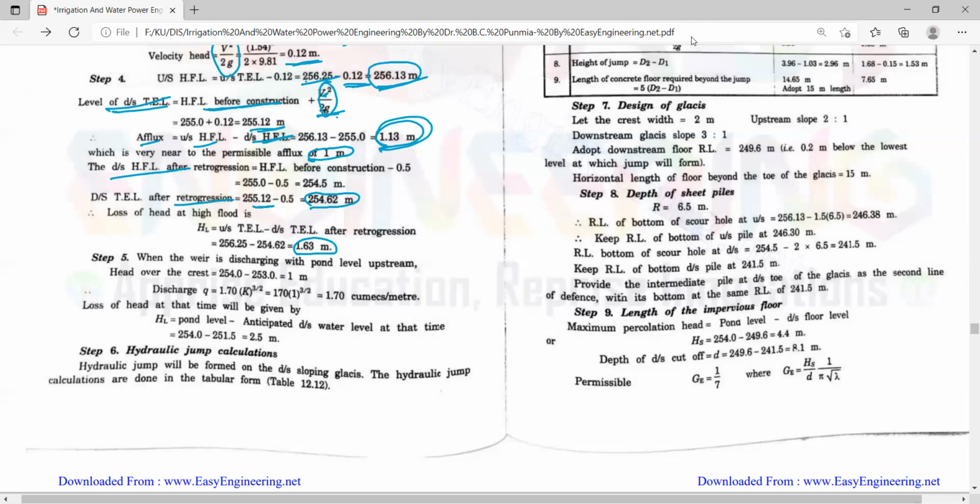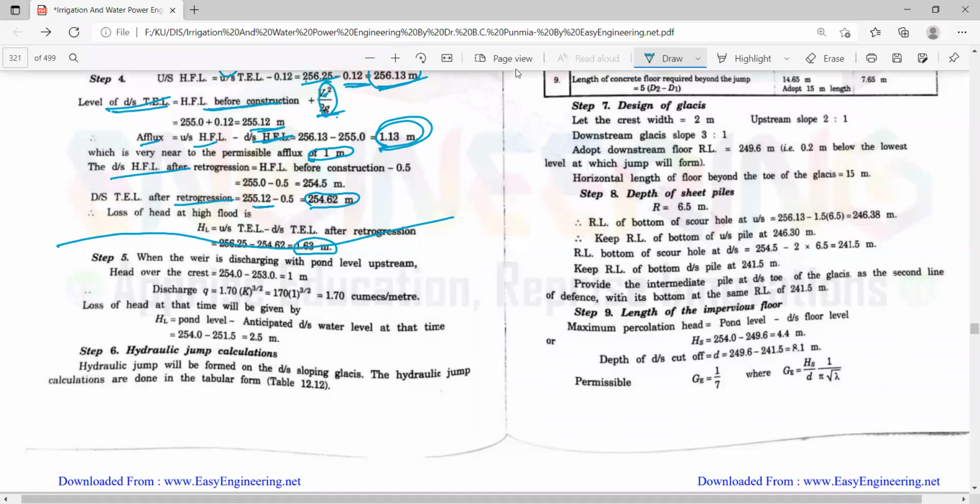Here we need to take two considerations into account for the design of the weir. First, if you consider the maximum flood level for the design, and second, if you consider the pond level. So these will be the levels. The pond level is up to 254.0 meters. The given problem mentions the pond level is 254. Okay, then